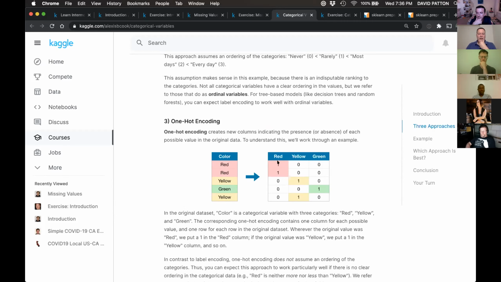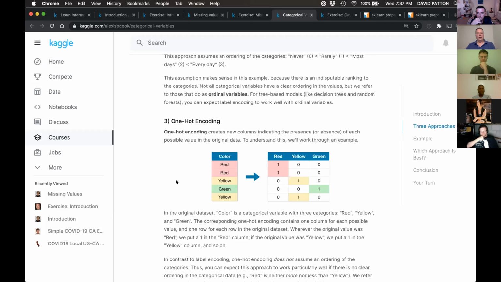In each one, we note true or false whether the value is in our color column. Typically we would introduce these 3 new columns, all true or false, depending on whether they have that value in the category. Then we would drop the column on the left. So color we would now remove because it has no more meaning to us, and it's categories anyway, not numbers. But now we have one-hot encoding.